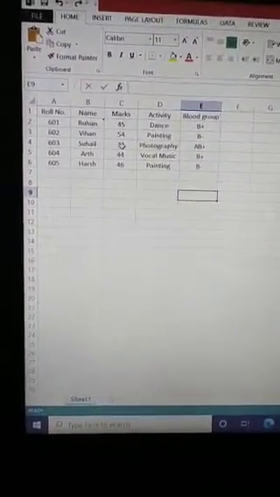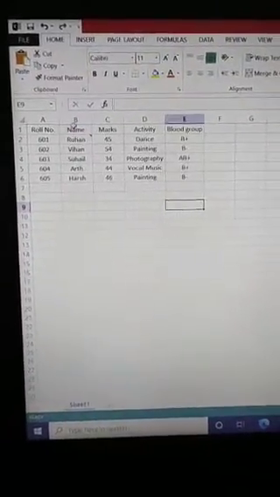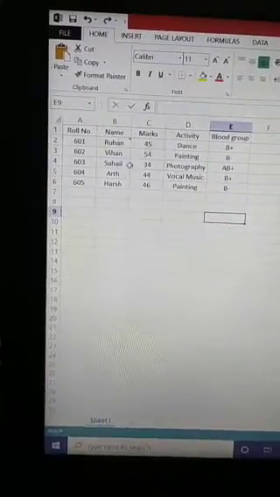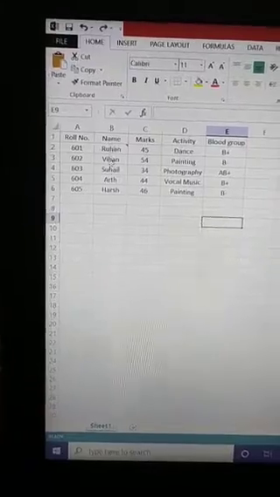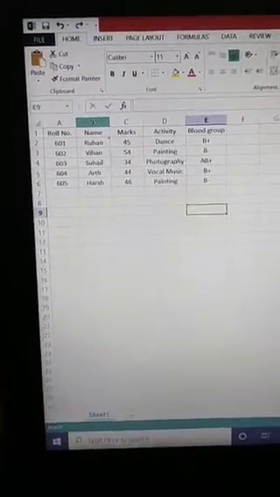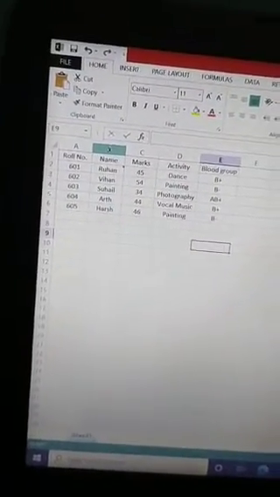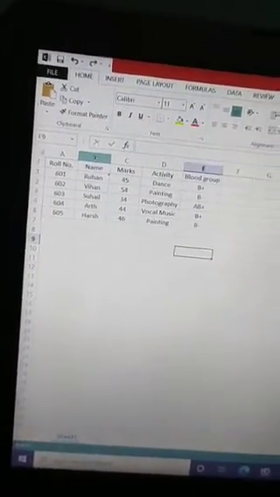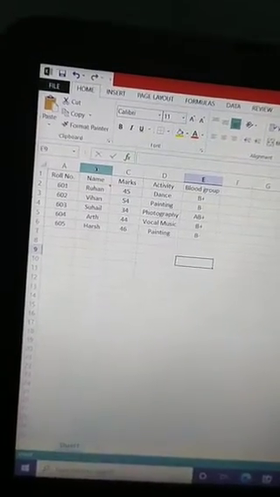In this manner, I can also select a column. How? By clicking on the column heading. What is the column heading of this column? The column heading of this column is B, because this column is named B. You know that a worksheet can contain how many columns? A worksheet can contain 16,384 columns, and the last column is named XFD.